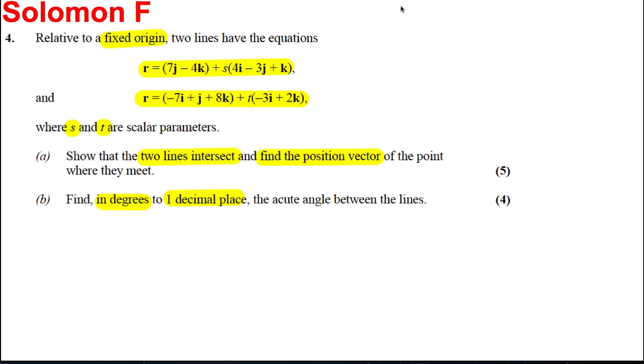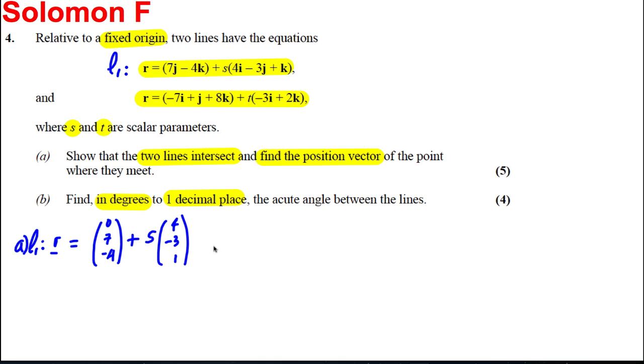Okay, so to start with, when we're trying to show where lines intersect, it's neater to write these as column vector equations. So r, which I might call line 1, I could write as 0i plus 7j take away 4k plus s lots of 4i subtract 3j and 1k. And it's easier to write this as a combined vector, which would be 4s, 7 subtract 3s, and negative 4